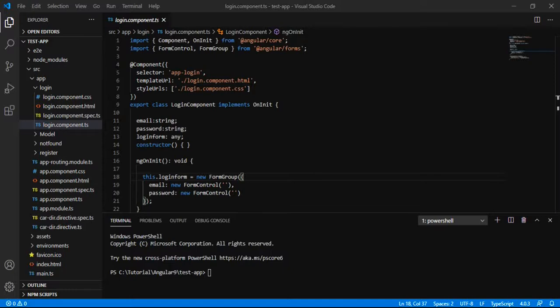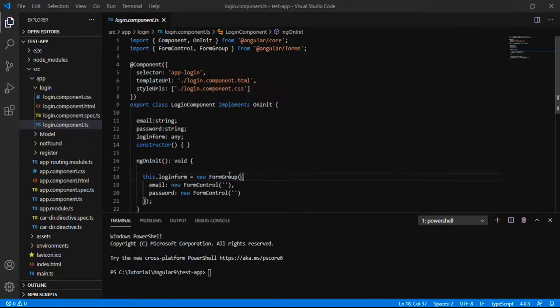But creating the form using form group and form control is a very repetitive task, as we have to create the instance of group and form control manually every time we create a new field or a new group.